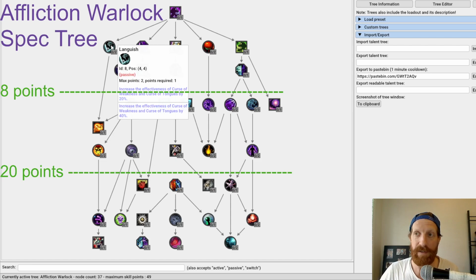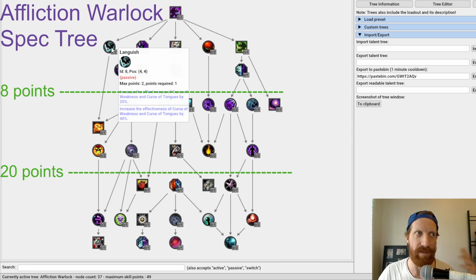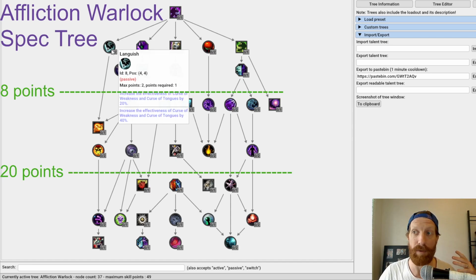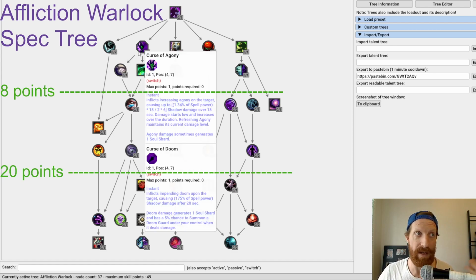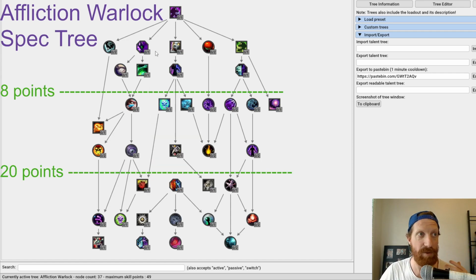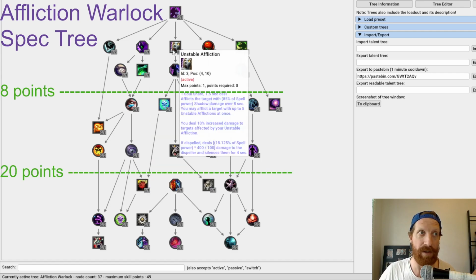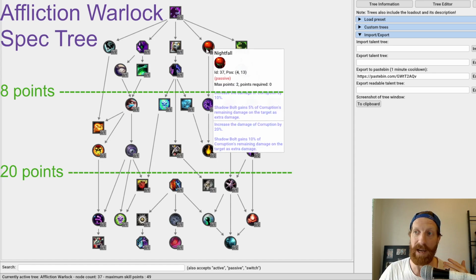On the far left, in our second row, we have Languish, which is a utility piece. It would make use of whatever curse you got on the class side, so Curse of Weakness, Curse of Tongues, kind of PvP oriented, but it's available early on so that if you need a point, even for a Mythic Plus dungeon, it's accessible. Then, as I said, you have this major choice between the style of Agony or the style of Doom, our main single target spender, and then we have a rendition of Nightfall that I think is